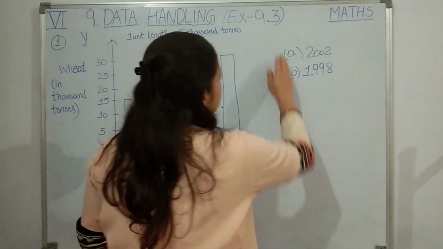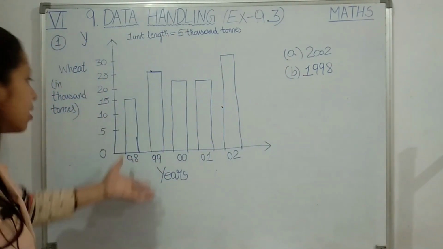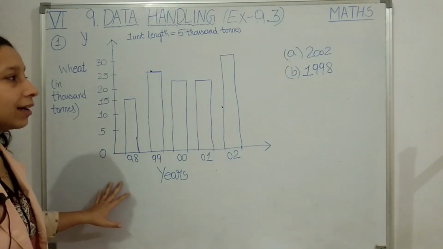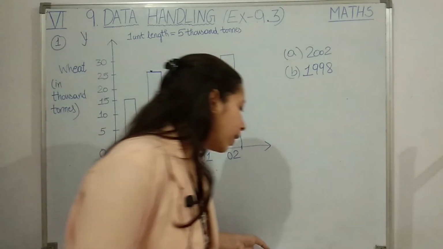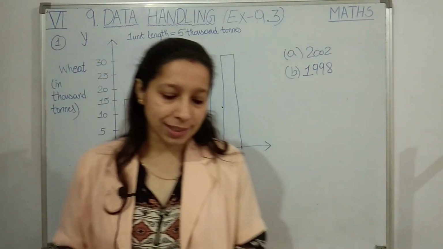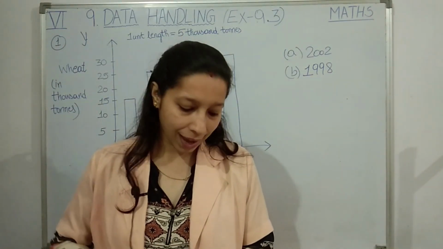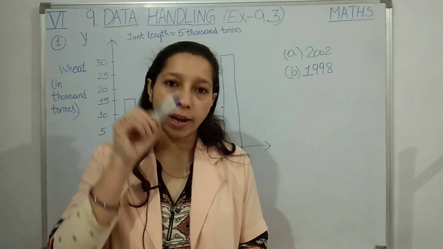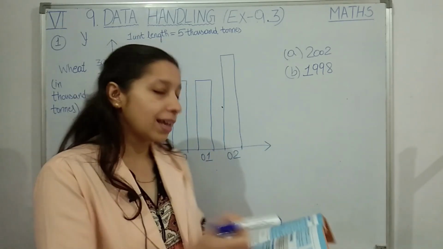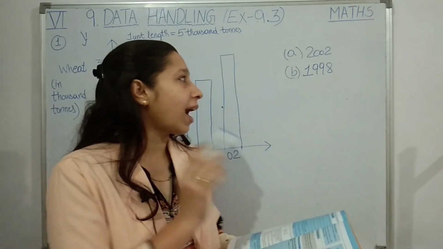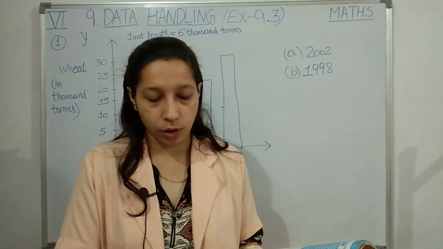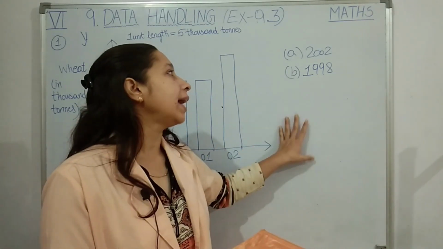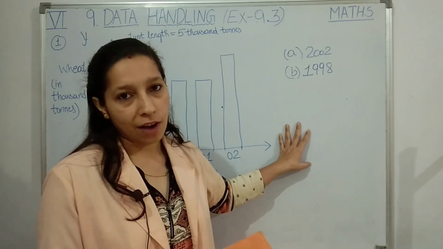So students, only these two are your answers. This is already given in your textbook. To explain you clearly, I have drawn this bar graph. Now students, while you write the solution for this exercise, no need to draw the graphs. For the question you can simply write exercise 9.3 question number 1, point A question and its answer, then point B question and its answer. No need of drawing the bar graph. And this you have to write in your graph notebook.